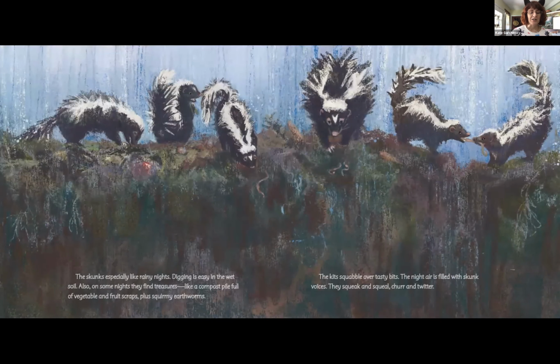The skunks especially like rainy nights. Digging is easy in the wet soil. Also, on some nights, they find treasures, like a compost pile full of vegetable and fruit scraps, plus squirmy earthworms. The kits squabble over tasty bits. The night air is filled with skunk voices. They squeak and squeal, chirr and twitter, and they go,